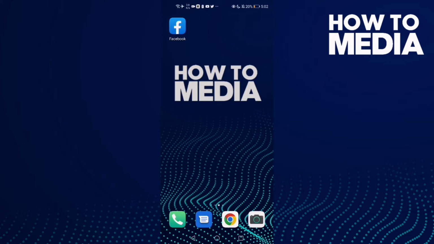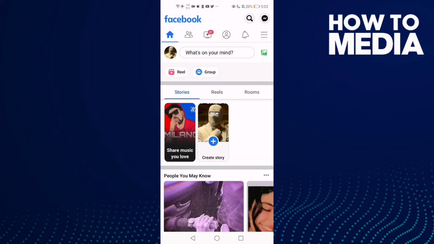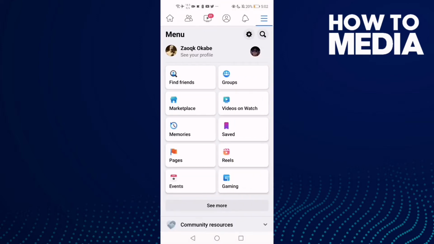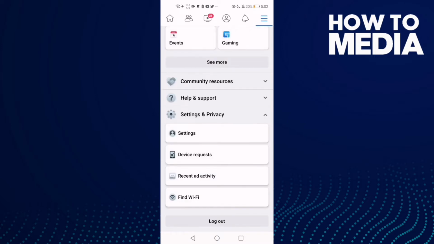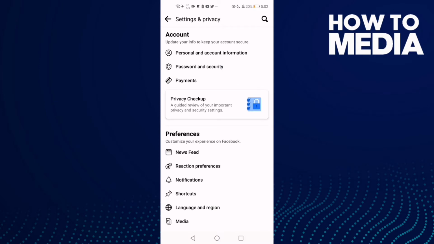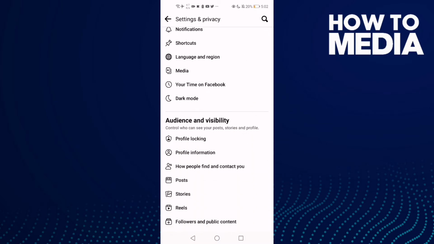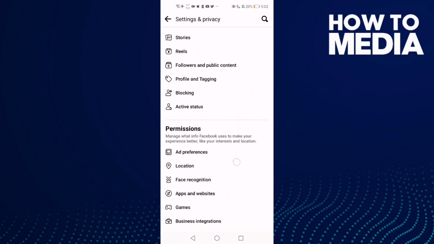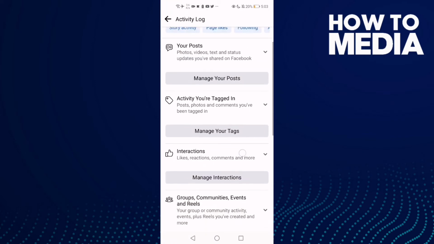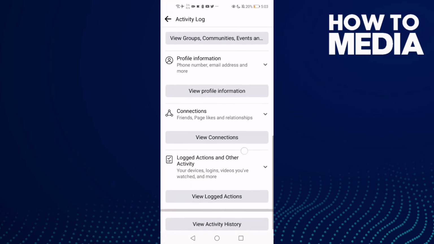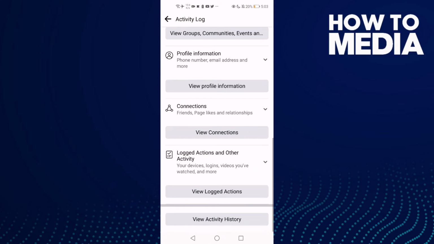First thing, go to Facebook and then click these three lines in the top corner and go down until you find Settings and Privacy, and then click Settings, and here just go down and click Activity Log, and then click this one, Look at Actions and Other Activity,